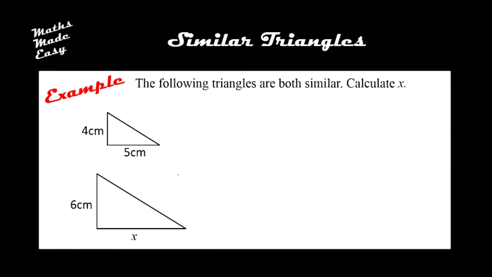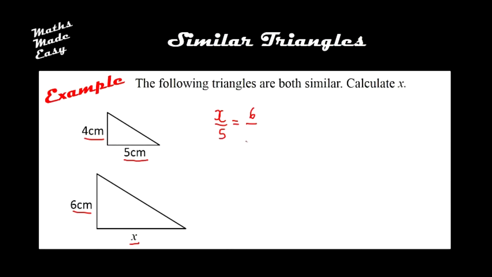Let's have a look at a second example then. So again, the first thing we do is we find the corresponding sides in these triangles. So I'm going to match up this x with this base here and write that as x over 5. I'm then going to do the same thing, and I've got 6 matched with 4, but I've got to make sure this fraction is the right way up. So this time I started with the larger triangle x, so I'm going to start with the 6 on top